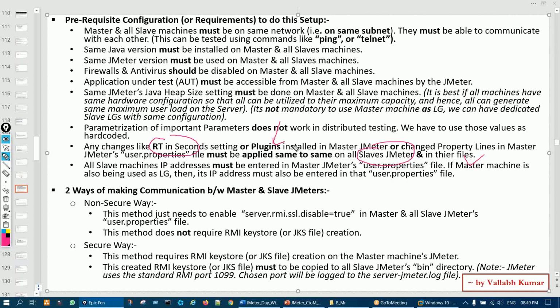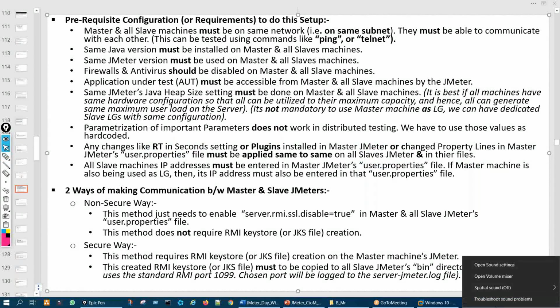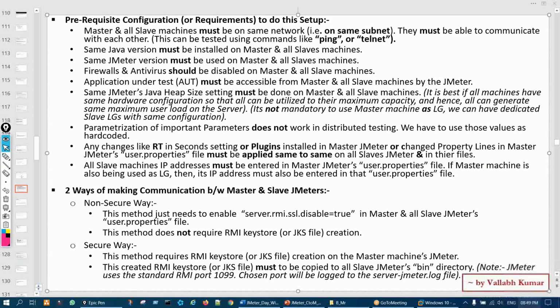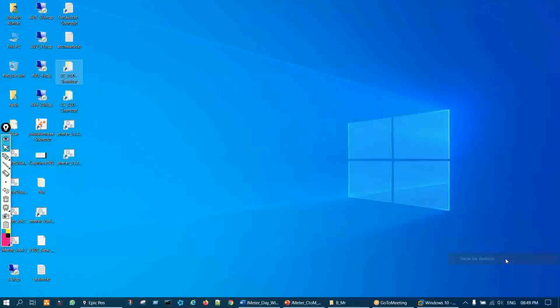let us say currently in the script that we are using, there is no plugin. Fine. But if you are using any plugin, okay,